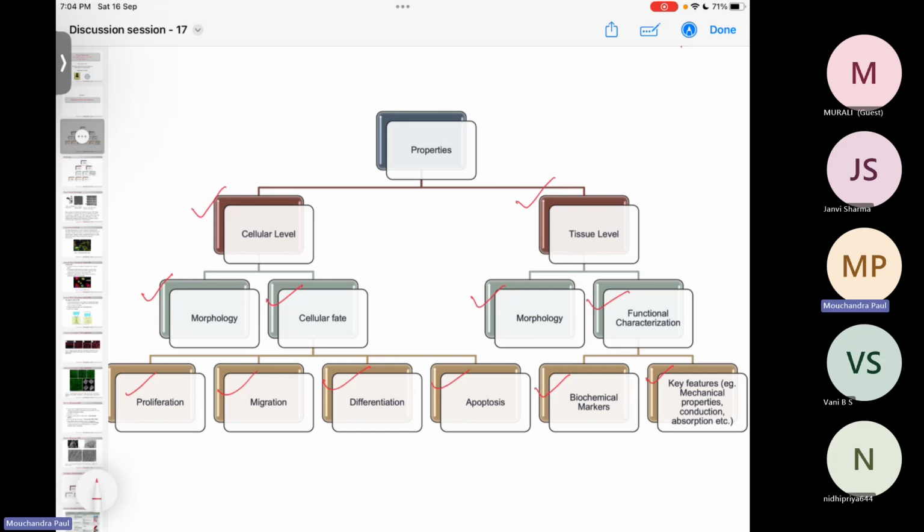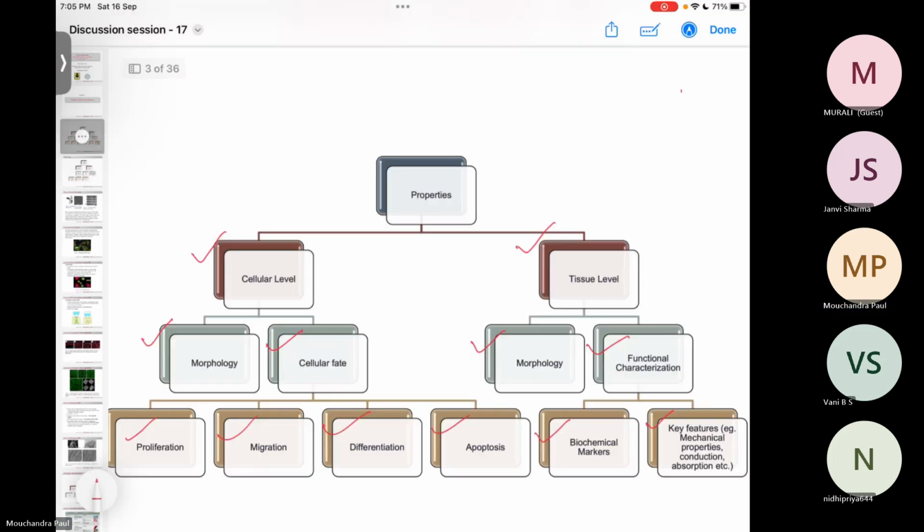So you are trying to see whether, in the presence of some artificial ECM, the seeded cells, when given proper culture conditions, are able to mature and give functions exactly as seen in vivo. So at each level, starting from the cell to the tissue level, we have to characterize. Only then can we say at the end that the tissue is successfully formed and is ready for grafting. Okay,